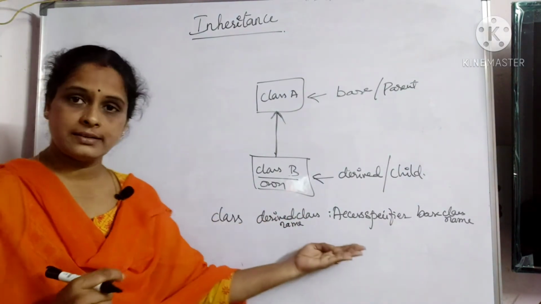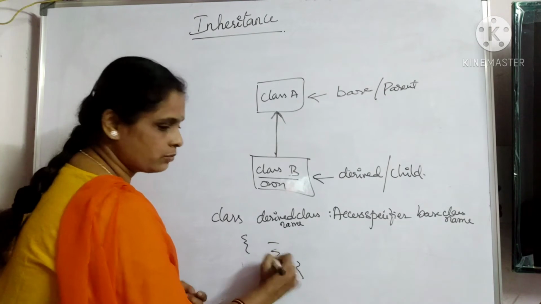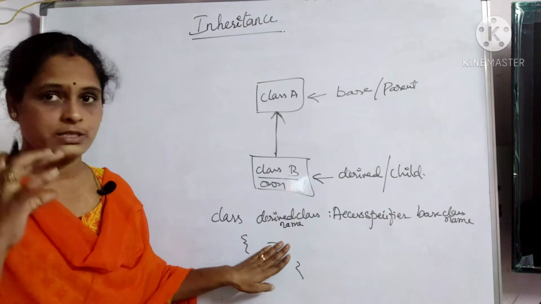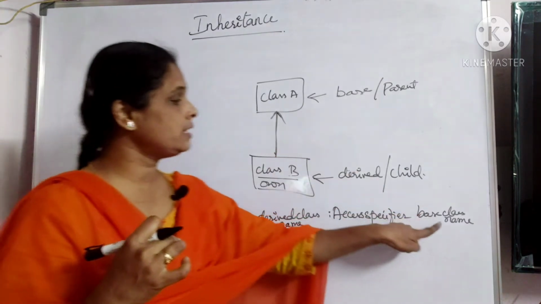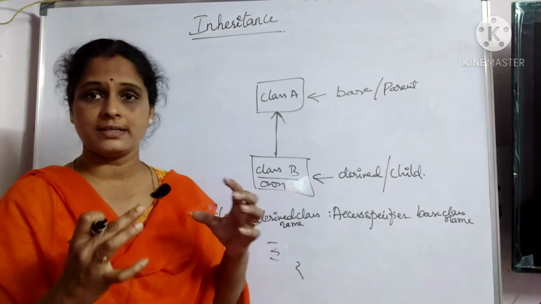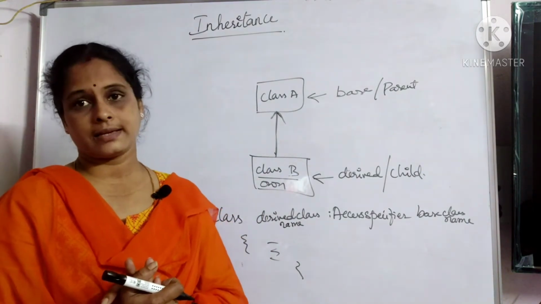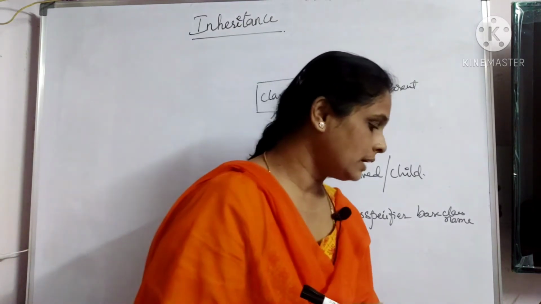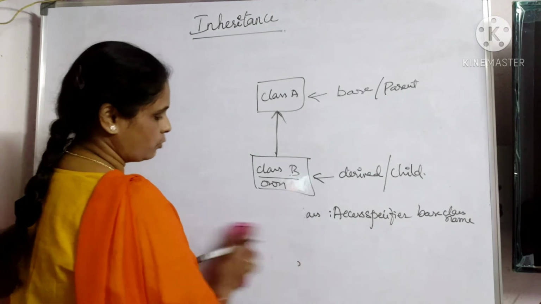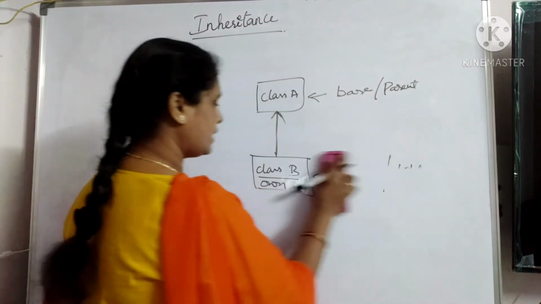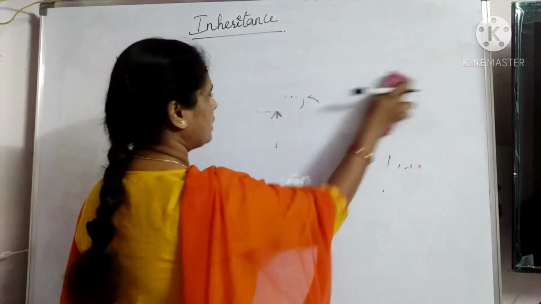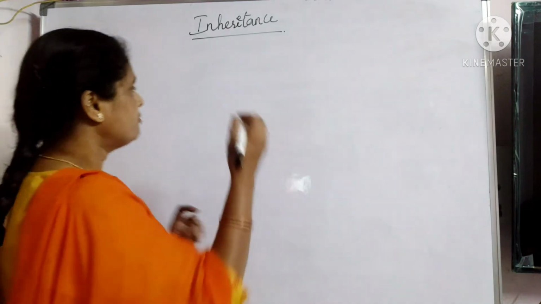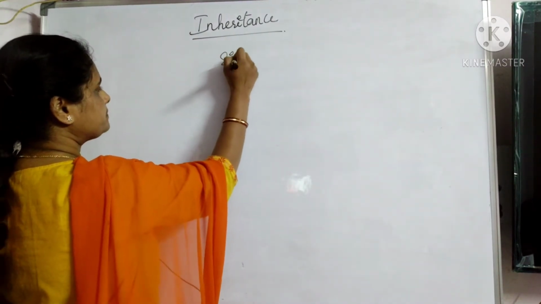When I write this line and write whatever code is required for derived class B, the derived class has its own qualities and its own code, but it can also use whatever data or methods are written inside the base class. That is the very basic concept of inheritance. Coming to the different types of inheritance, I hope the concept of inheritance is clear. Now, we'll talk about single inheritance.